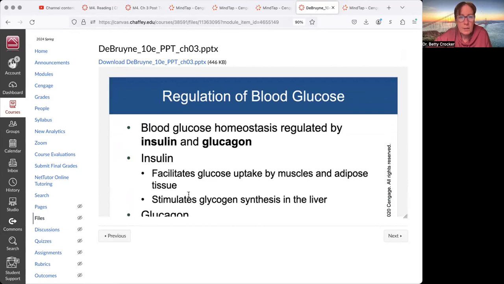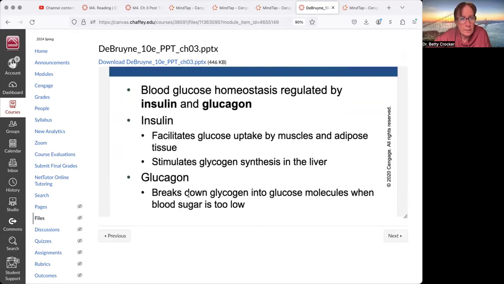And then this is how you regulate blood glucose. It's insulin and glucagon, okay? When you eat, your glucose levels are going to go up because you just ate. This is when insulin comes on. When insulin comes on, it reduces the glucose levels and shoots the glucose into your cells where it is